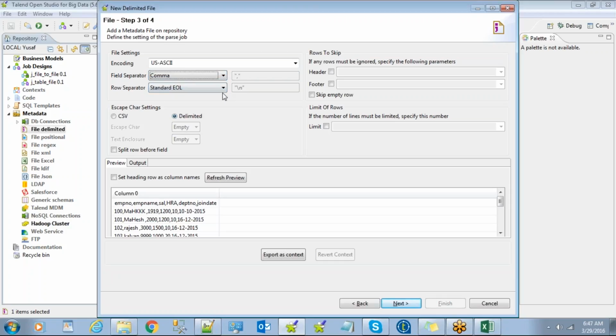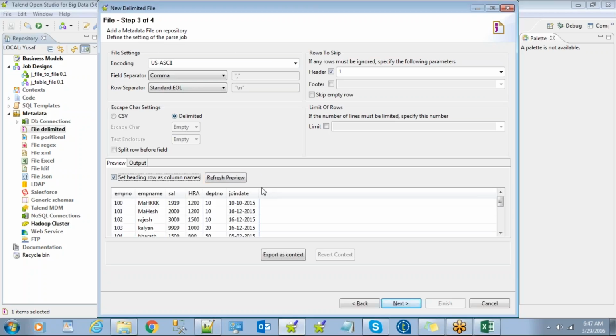The row separator is slash n. That's fine. Does the file have a header? Yes. So select this option, set heading row as column names. Now click on this refresh. You can see the data properly like this. It's looking like a table format, right? So this is how Talend is going to read that particular file. So once you're done with this, once you fill this,